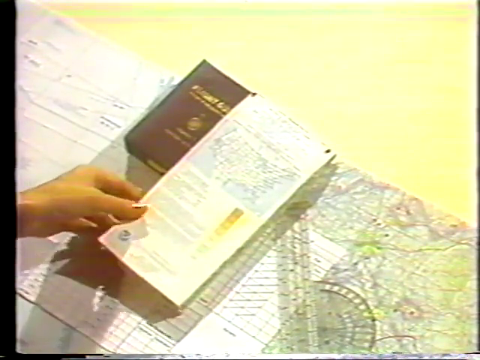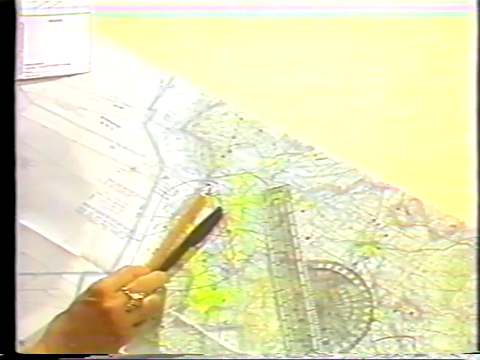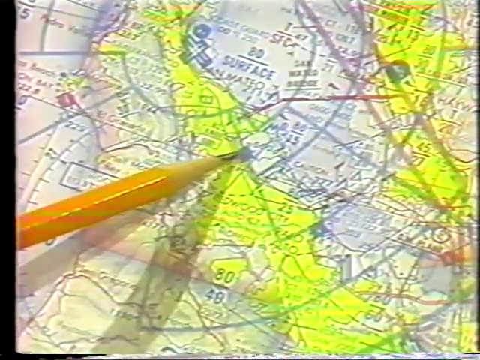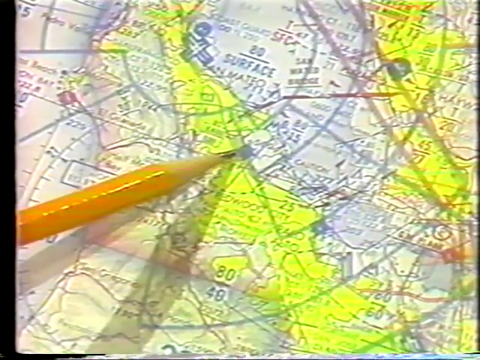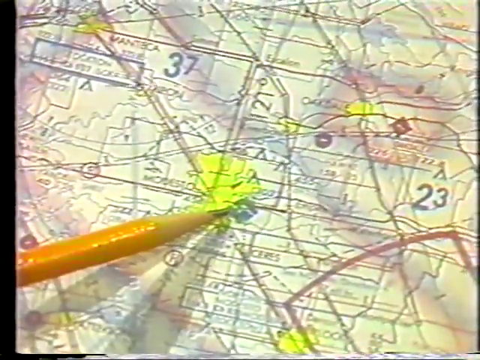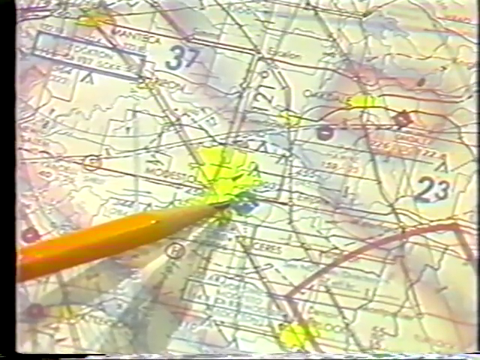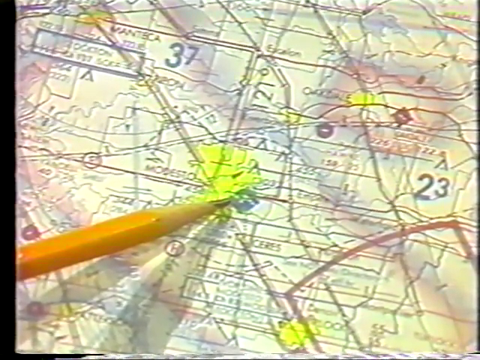You will need a current San Francisco sectional chart, a plotter, the airport facility directory or a flight guide, a flight planning sheet on which to enter all of your computations, and a pen or pencil. The flight will be from San Carlos to Modesto in California. San Carlos Airport is located at 122 degrees 15 minutes west longitude and 37 degrees 31 minutes north latitude. Modesto Airport is located at 120 degrees 57 minutes west longitude and 37 degrees 38 minutes north latitude.